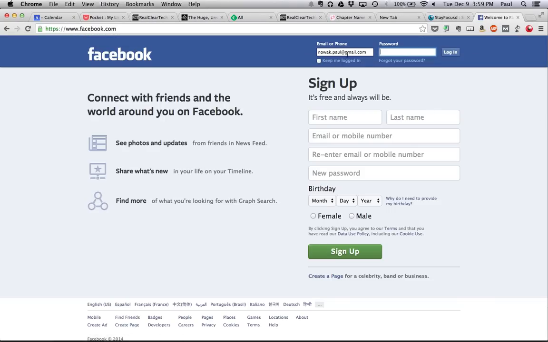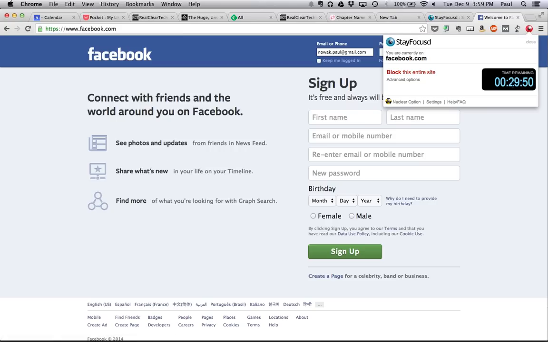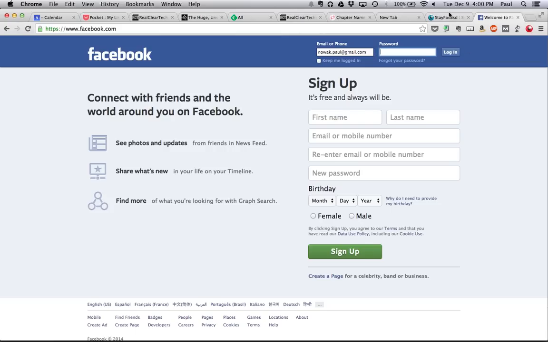If I go to facebook.com right now, and you'll see I've got that set up here. Notice what happened. Remember that blue button? It's now red. Why is it red? If I click on it, notice it's counting down from 30 minutes. It tells me I only have 29 minutes left. Now, this is actually very useful because after 30 minutes, I want to make sure that I'm not spending any additional time. I don't want to spend an hour or an hour and a half on Facebook every single day because I need to get things done. But it's very easy to spend too much time there.